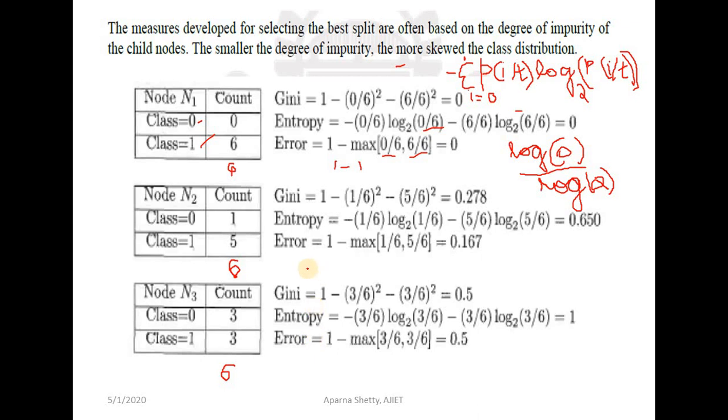Now if you see the impurity for N1, N2 and N3, you can see that the impurity value for node N1 is less than the impurity for node N2 and N3, correct? So splitting on N1 gives you less impurity compared to splitting on node N2 and N3. So this is how we calculate the impurity measures for a given node. So let us continue now.